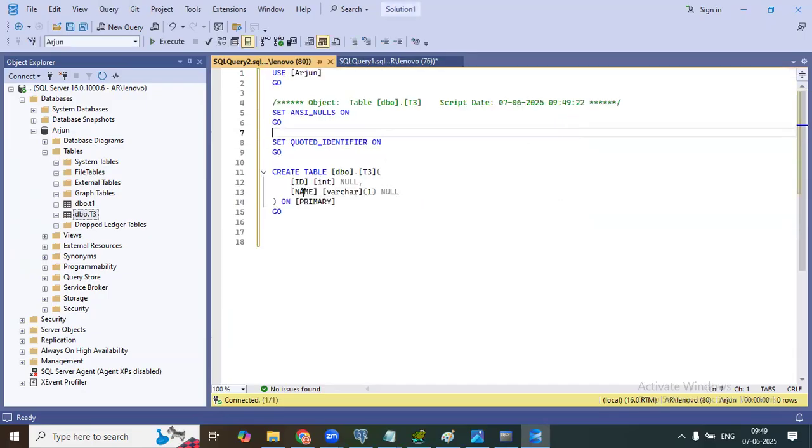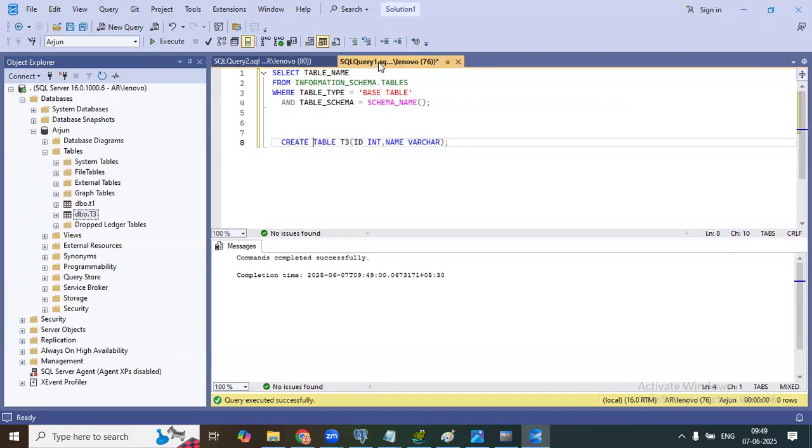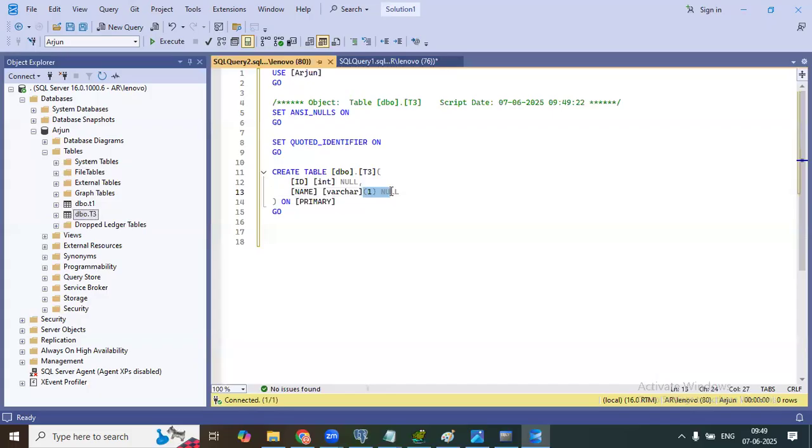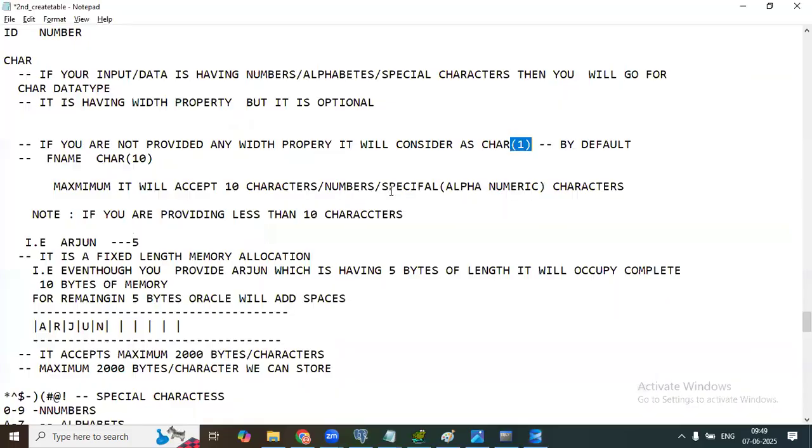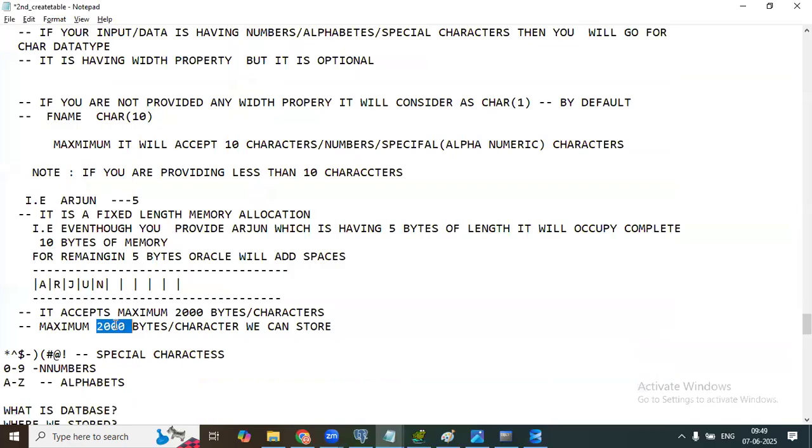It's created as name varchar of 1. I did not give this, but by default it considers 1 if you're not giving anything. Similarly in CHAR, if you're not giving anything, by default it considers 1. If you want, you can give the width property, but the maximum it can store is 2000 characters.